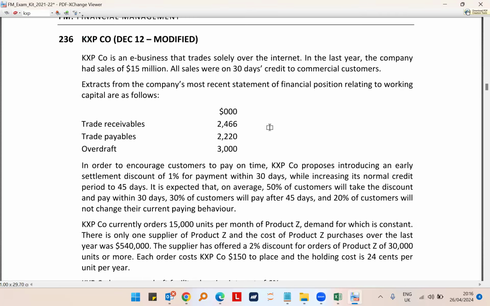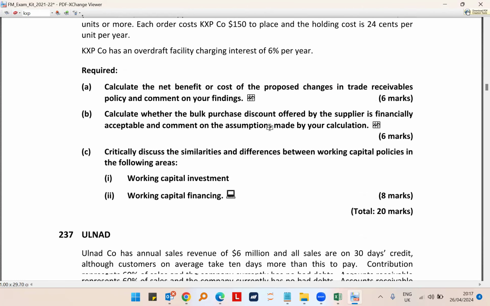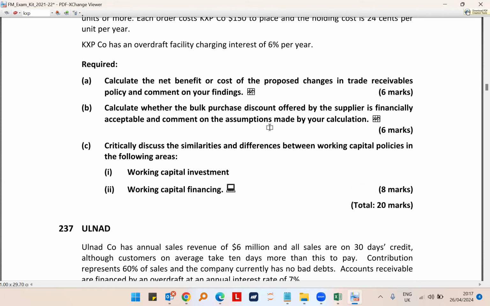All right, so let us try to attempt this question, KSP core. First of all, we look at what the question is asking us to do. They are saying calculate the net benefit or cost of the proposed changes in trade receivables policy and comment on your findings. Then as a second part, calculate whether the bulk purchase discount offered by the supplier is financially acceptable, and comment